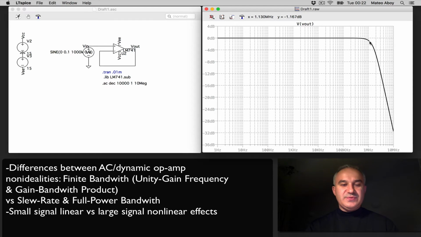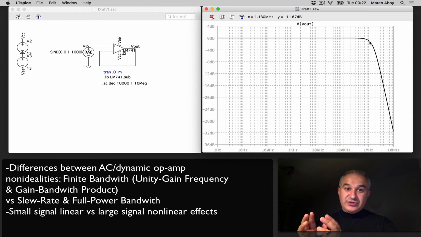So this is the difference between AC limited bandwidth, or unity gain frequency. Remember, it's a linear limitation. It is independent of the output voltage. Even a small signal, you are going to see it, and it does not cause nonlinear distortion, only linear attenuation and phase shifts, versus a slew rate, the maximum rate of change of the output,